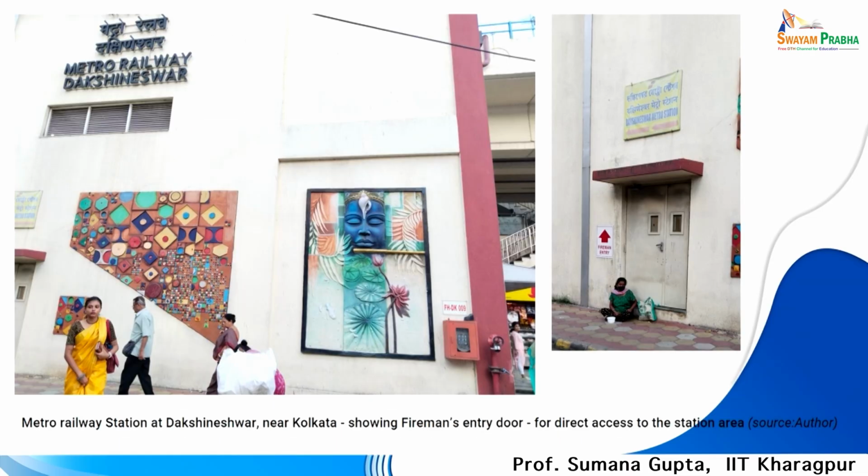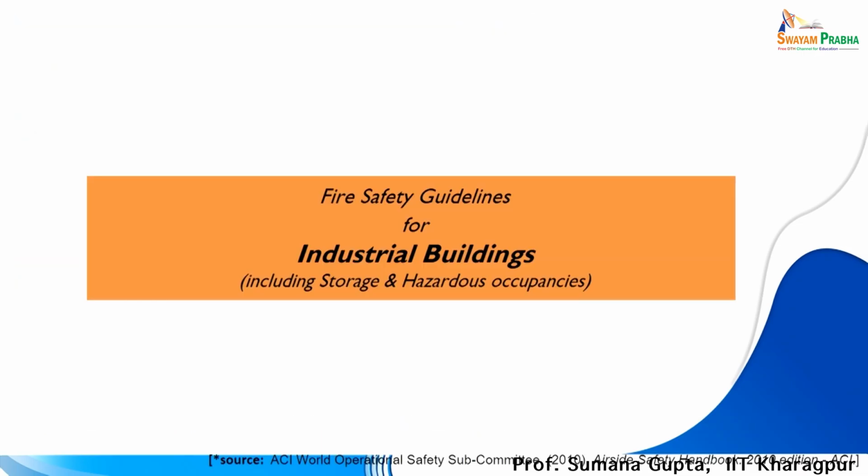So, here are some pictures from an elevated railway station, and you can see that is the entry to the escape staircase and the fire hydrant moving up serving the building. These are not less than 150 millimeter diameter trunks serving water for the evacuation process or the extinguishing process to serve or feed the wet risers. With this we end the